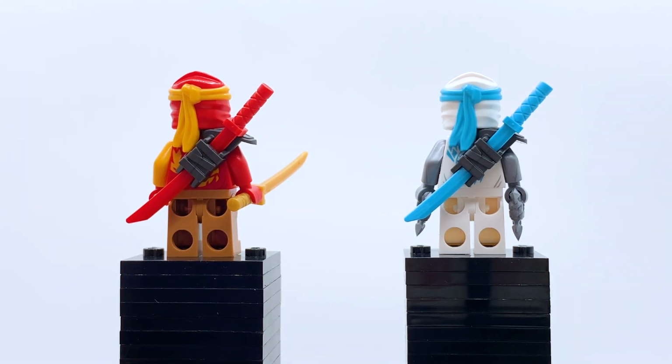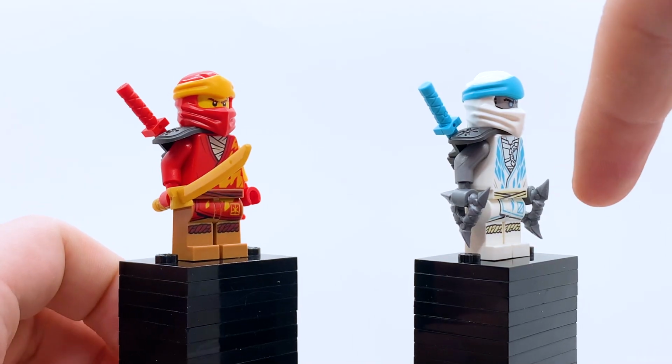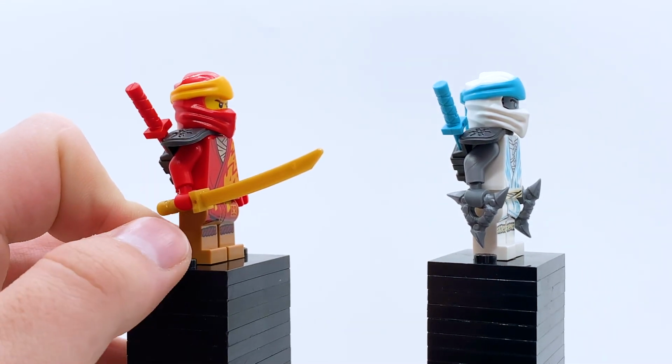We've gotten it before, I believe, in Sons of Garmadon, but it's cool to get it again, and it's cool for Kai to have a katana specifically meant for him. Speaking of which, they also come with weapons aside from their katanas. Zane comes with 2 silver shurikens. Those are pretty common, but if you don't have them yet, that's a pretty cool way to get them. And Kai just comes with a golden katana, so he has a total of 2 different katanas, one gold and one